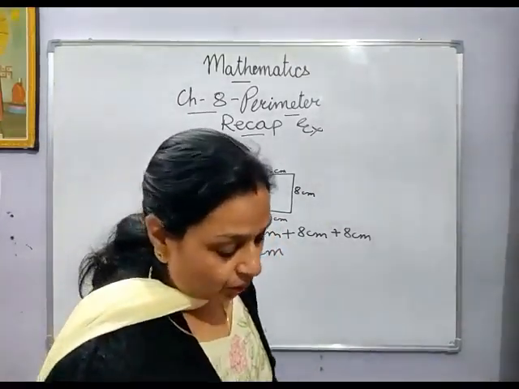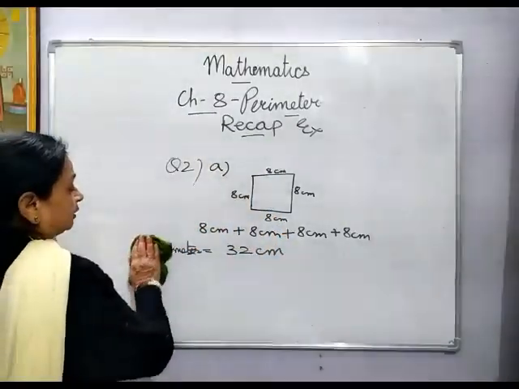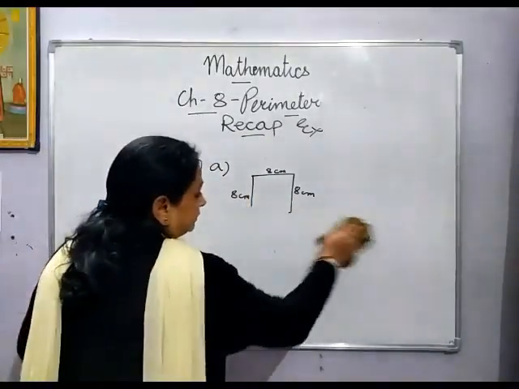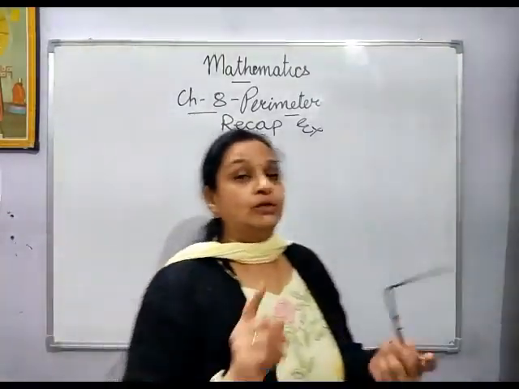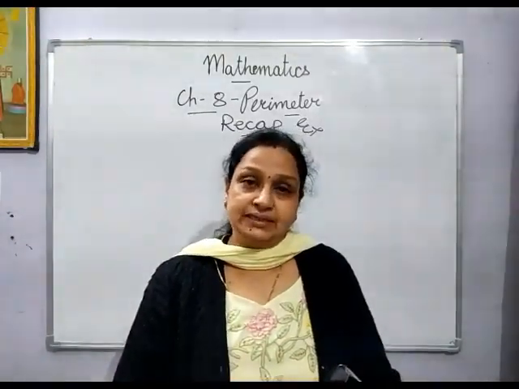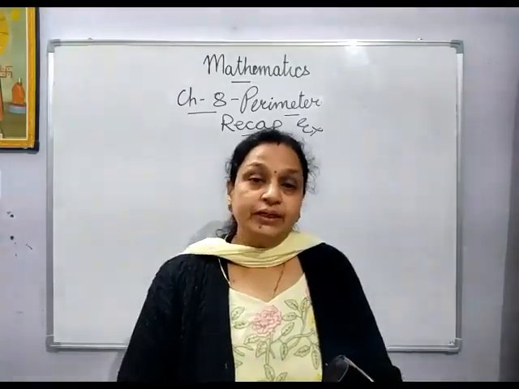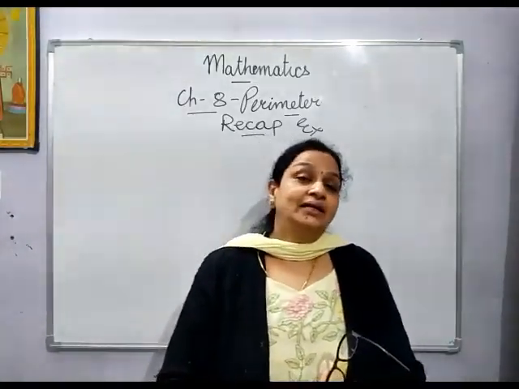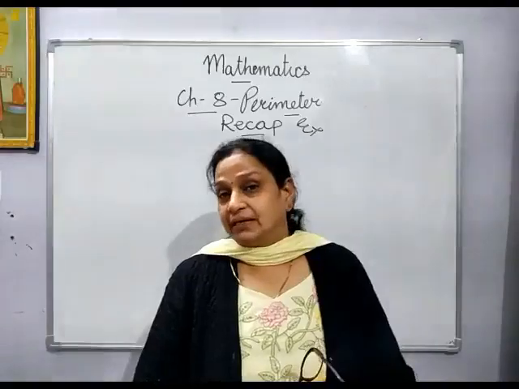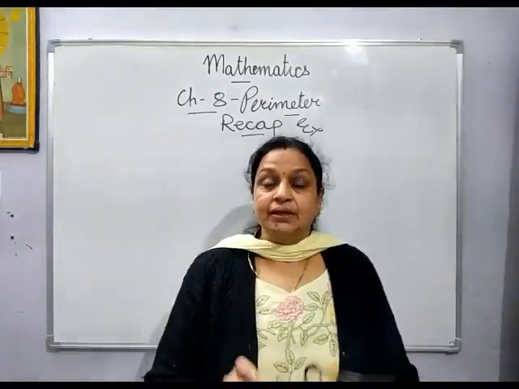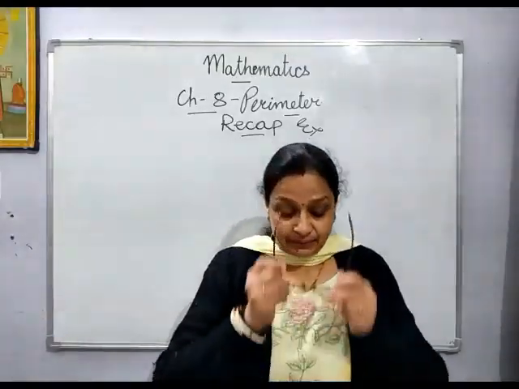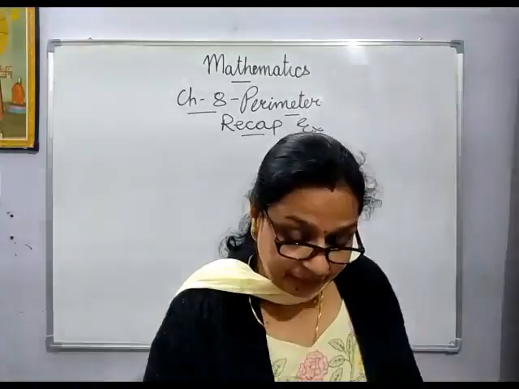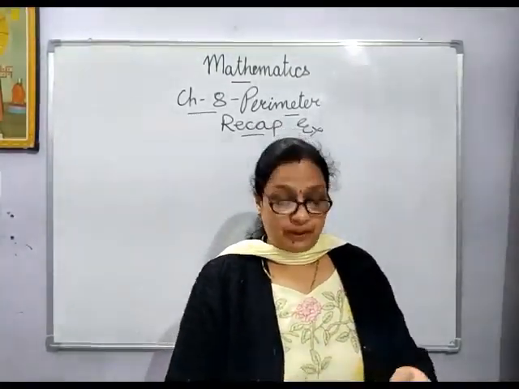Now these were your simple regular polygons. Rectangle and square are also included in polygons because they are entirely made up of line segments. You remember in geometry, in class 4, you must have done line segments. So rectangle and square are entirely made up of line segments, so they are also included in polygons. They are called regular polygons.